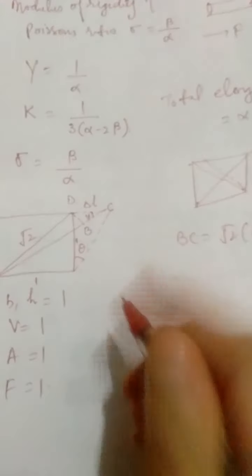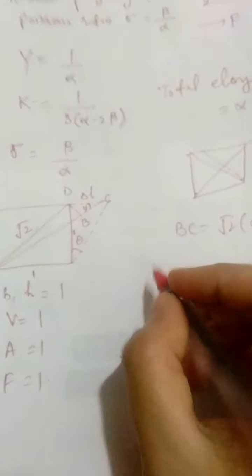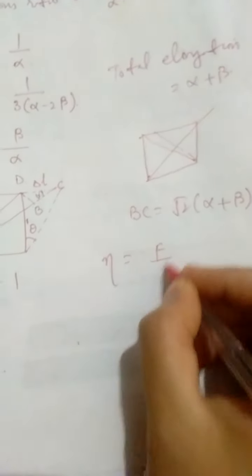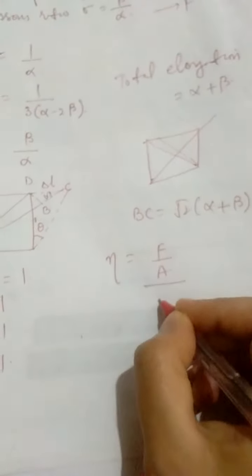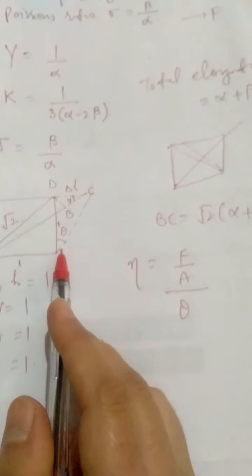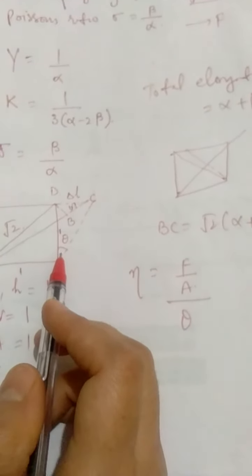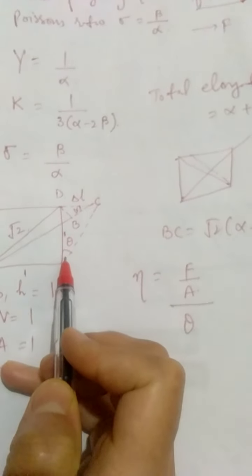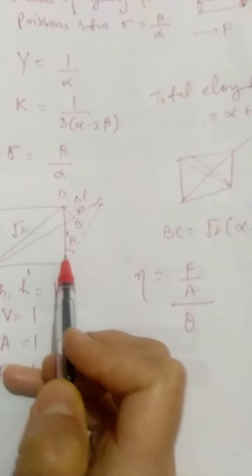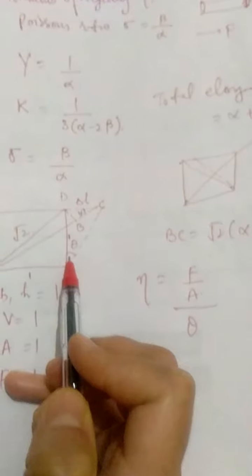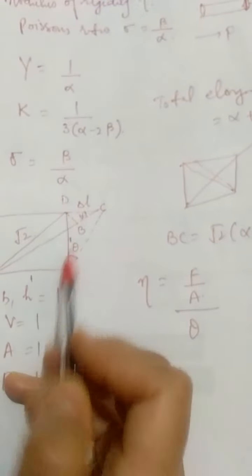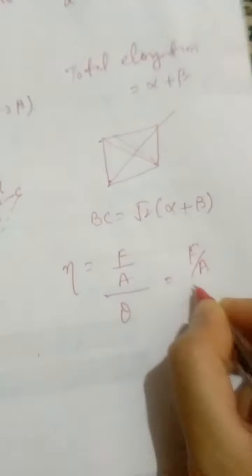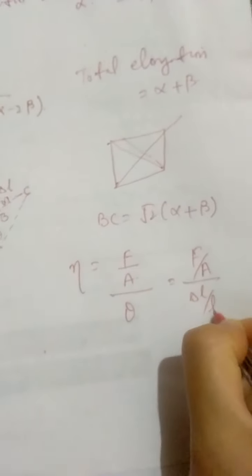So now we are interested in finding the modulus of rigidity. Modulus of rigidity is force per unit area by shear stress, that is the angle theta. Now tell me what this theta is originally equal to. This is perpendicular by base. If we take the tan theta, and if the angle is very small, which it is, then tan theta is equal to theta, and theta is perpendicular by base, that is delta L by L. So we can write it as force per unit area by delta L by L.